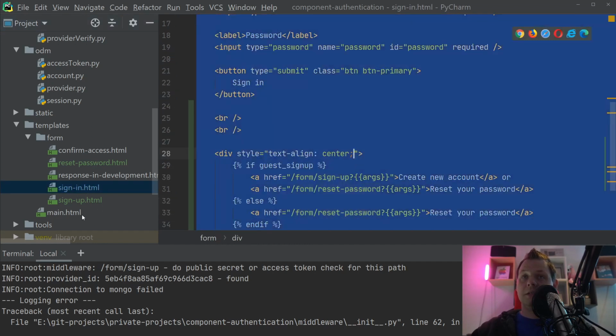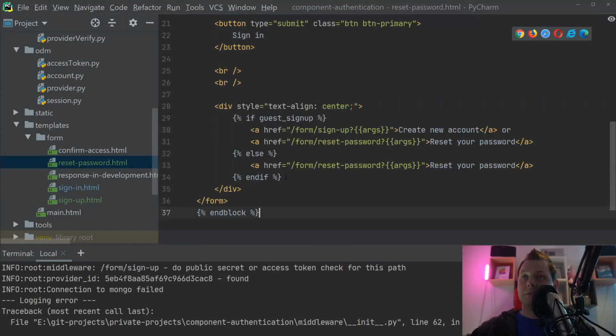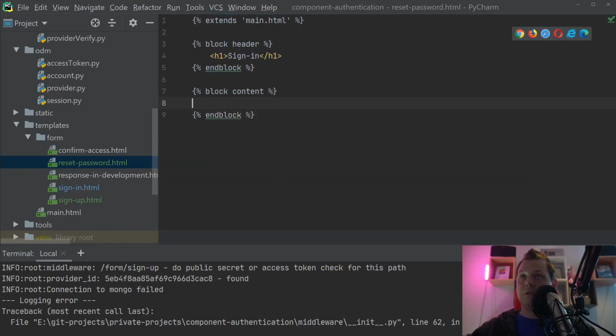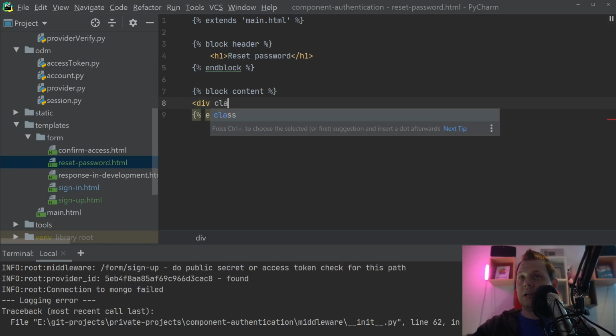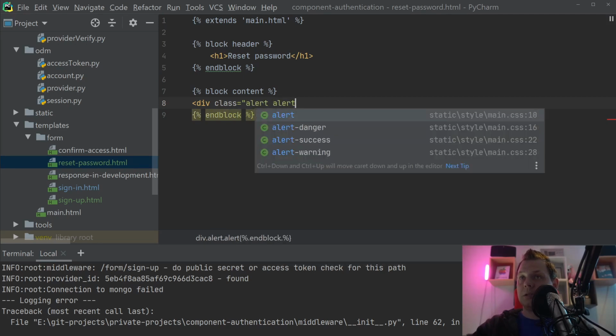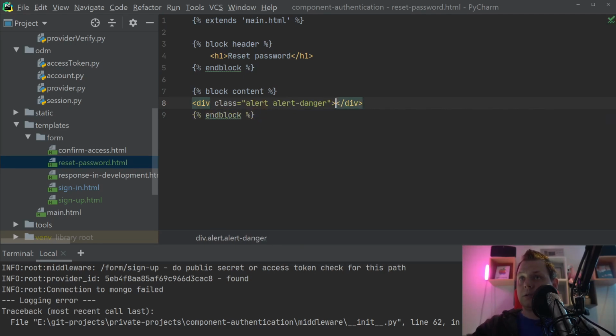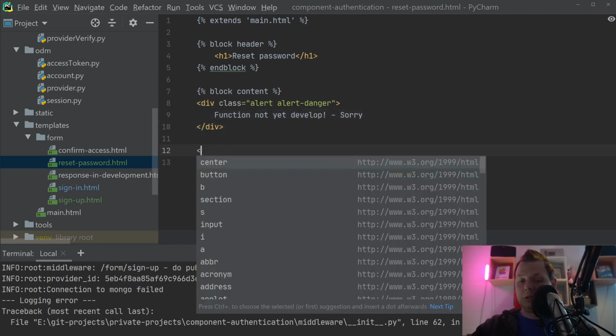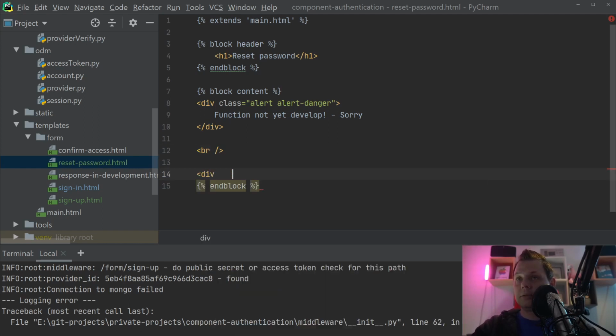So let's go into the sign in, just copy this, go for the reset password, and then we basically just remove all of those and we say reset password. And what we're going to do down below here is say div tags and say class, it's alert, alert danger, and we just say function not yet developed, sorry, and then we just make a line break here and say div tag,